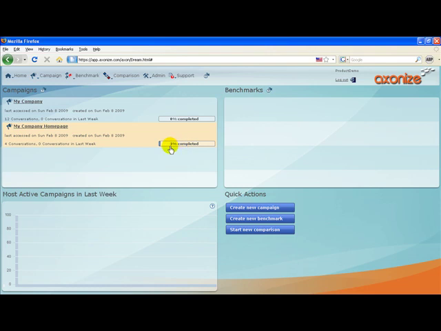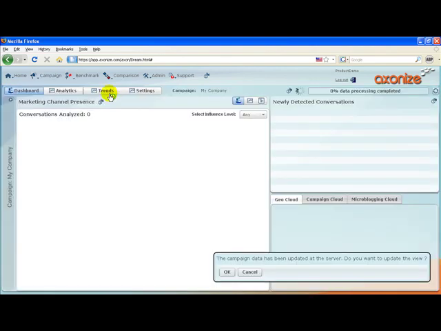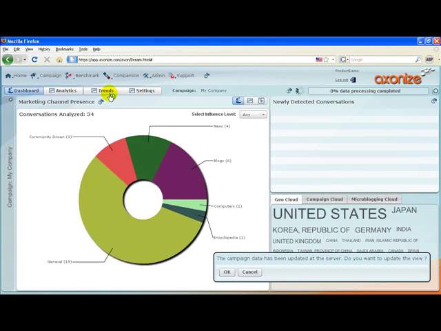Once the campaign creation has completed, you can click on the campaign name either from the user dashboard or select it from the master navigation menu on the top of the application. To know more about how to analyze a campaign for the marketing insights, please click on video icons located on the screens of the campaign dashboard.